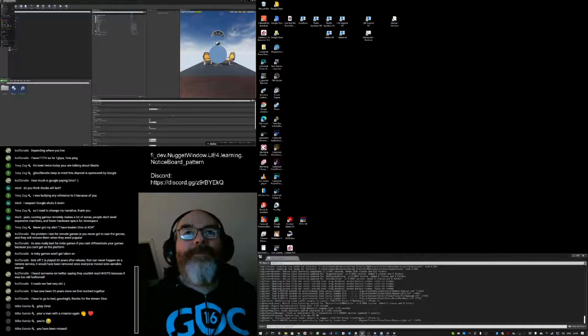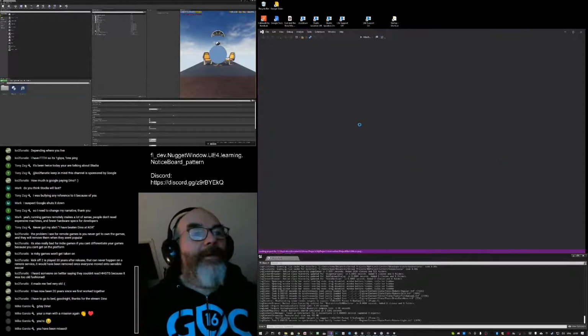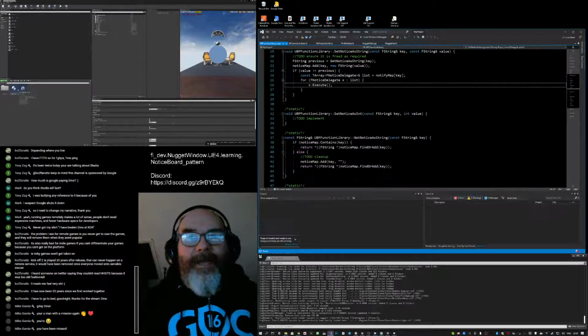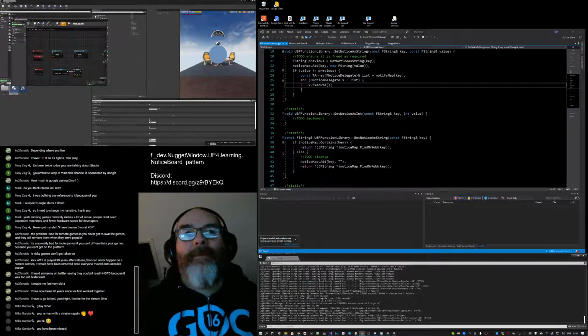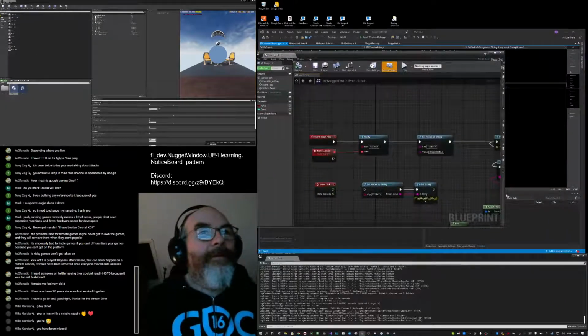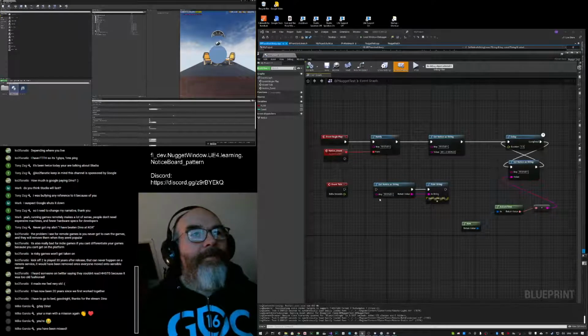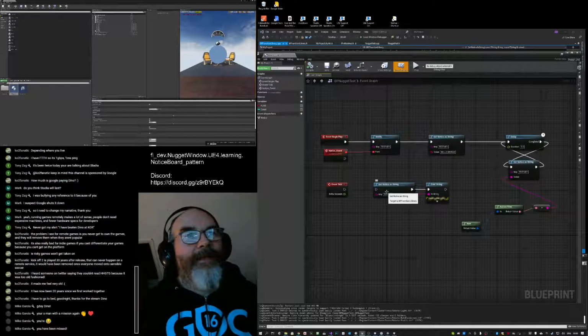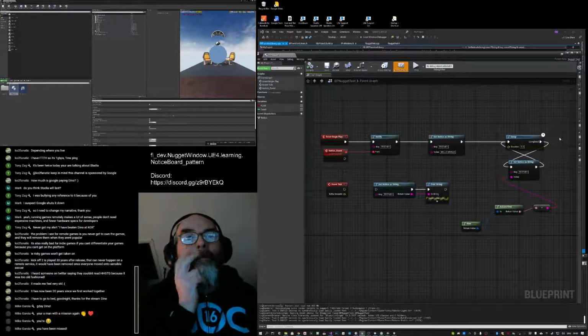I was messing with this with the mouse, so it didn't open Visual Studio. So right, and I need to look at blueprint. What I did was set this to always return the value, and this being modified.